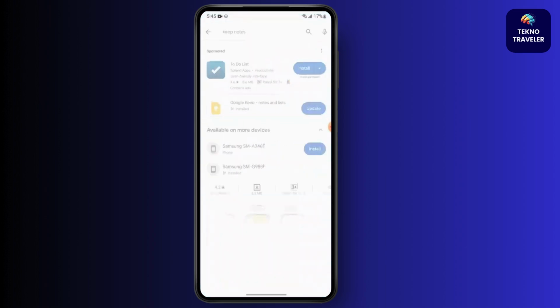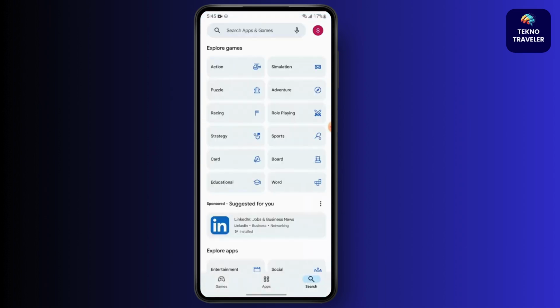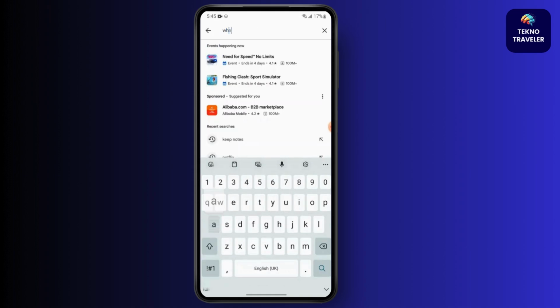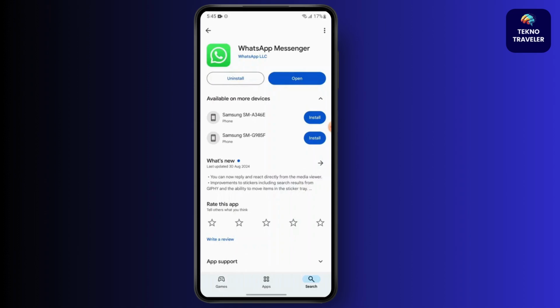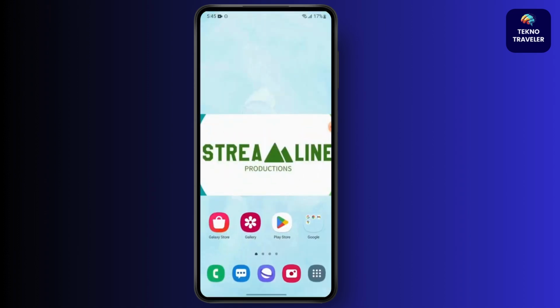First, go to Play Store and make sure you have the latest version of WhatsApp. Simply search for WhatsApp, and if there is an update button instead of this open button, simply tap on it and get the latest version of WhatsApp. Next step,